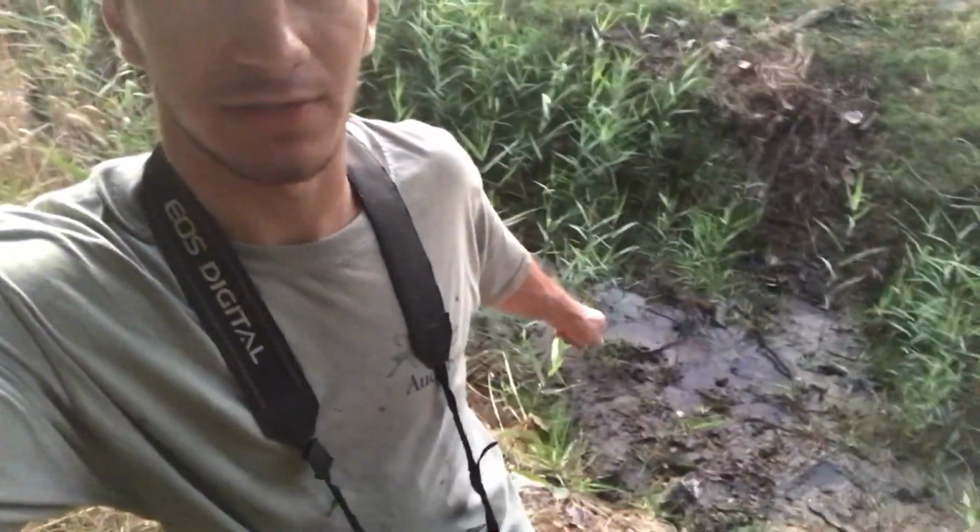Well, all right, something pretty cool just happened. One of the professors at the college I go to told me about this place. It's basically a spring that's right off the road right here. Sure enough, I found it. It's right there, and you can actually see part of it coming out of that pipe. He told me that he's seen 3-lined salamanders at this spring,